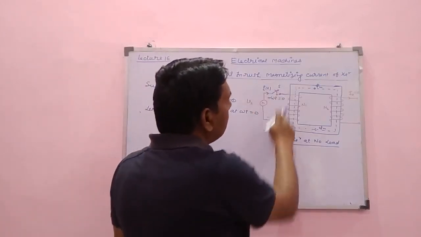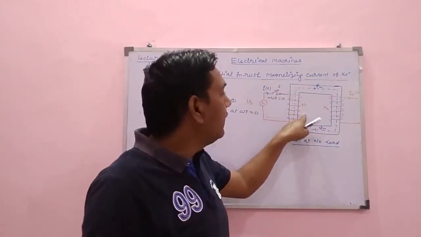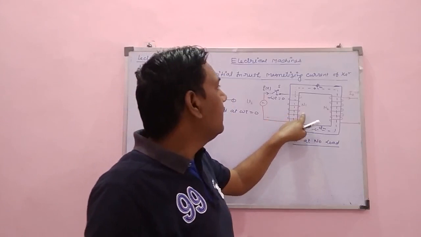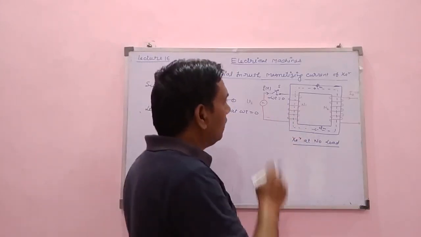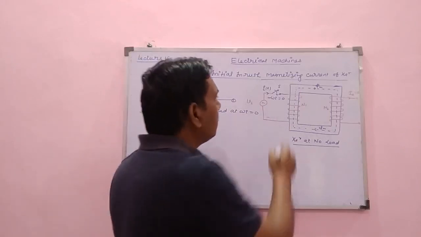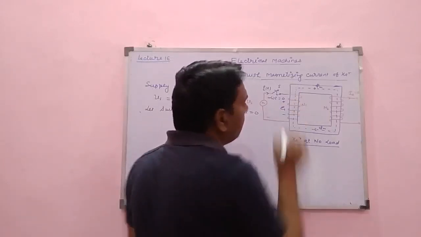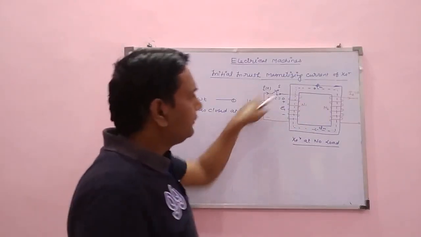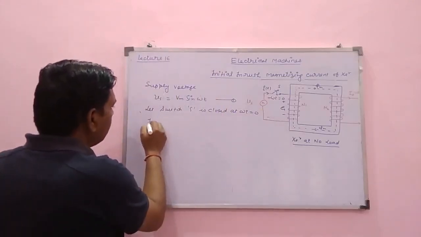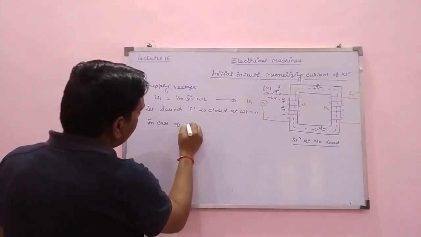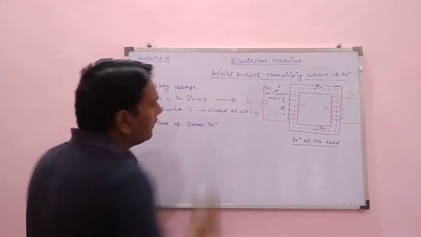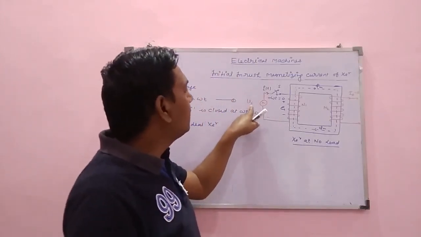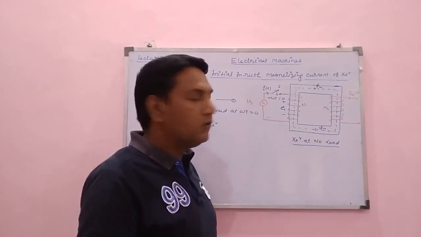When the switch closes, the transformer draws a current called the no load current, and this no load current comprises two components, the magnetizing component and the loss current component. Due to the magnetization of the core, an EMF will be induced in the core, this is plus minus E1, according to Faraday's law. If we consider an ideal transformer, the winding resistance and leakage reactance are considered as 0. In that case the supply voltage Vs will be equal to E1.